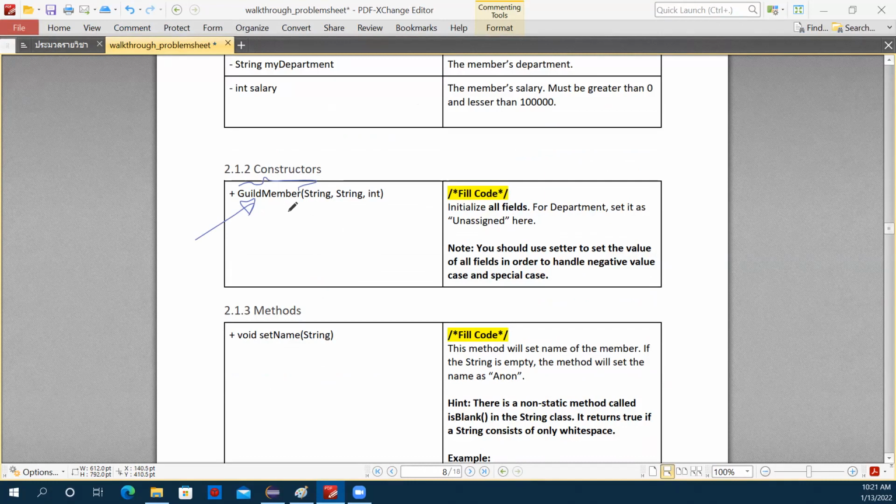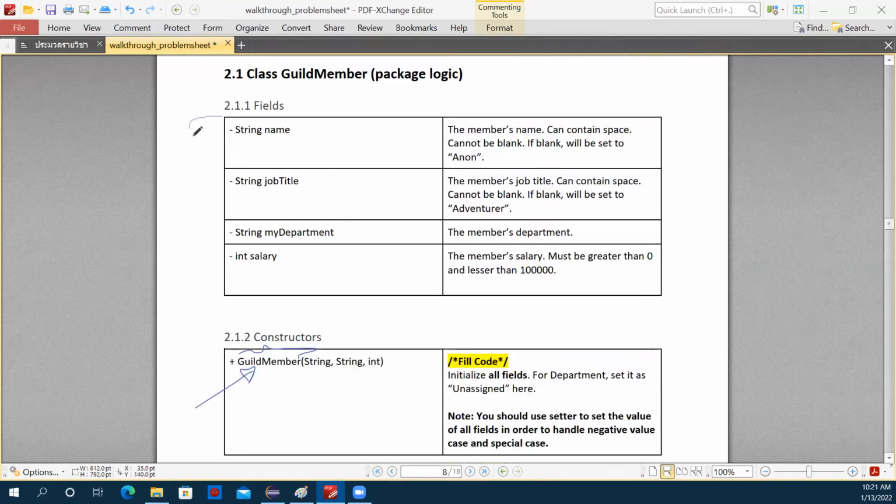And it is used to initialize the values to the values that you want when you create a guild member object, right? So that means a constructor will be called when you do something like